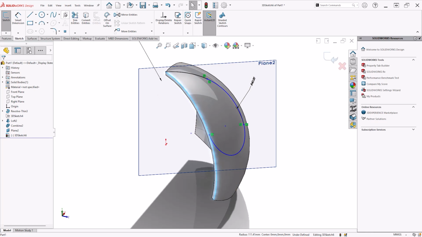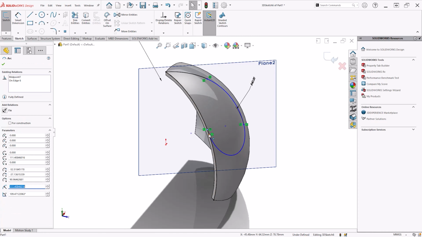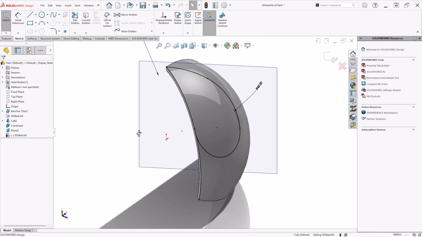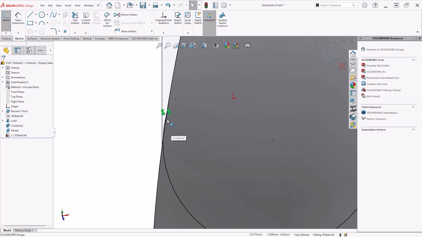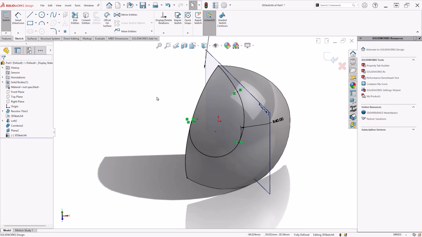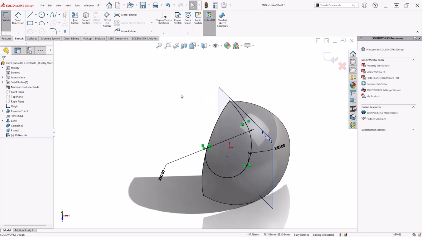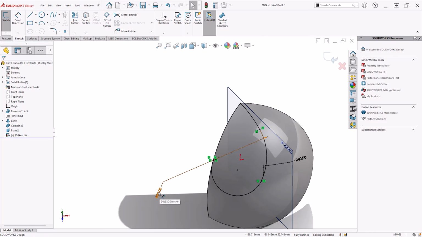Well, one option could be to try converting the edge. Then we can go and pick the midpoint, pick that point there, make them coincide with one another. And we seem to have something going on here. Is that going to be quite what I want? Well, let's maybe delete that curve.